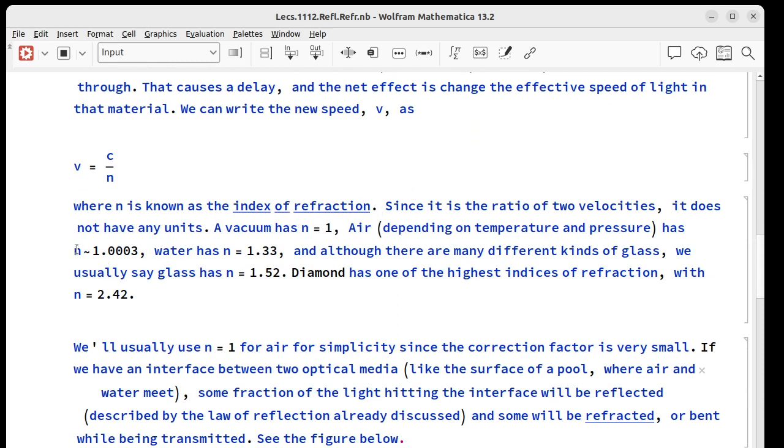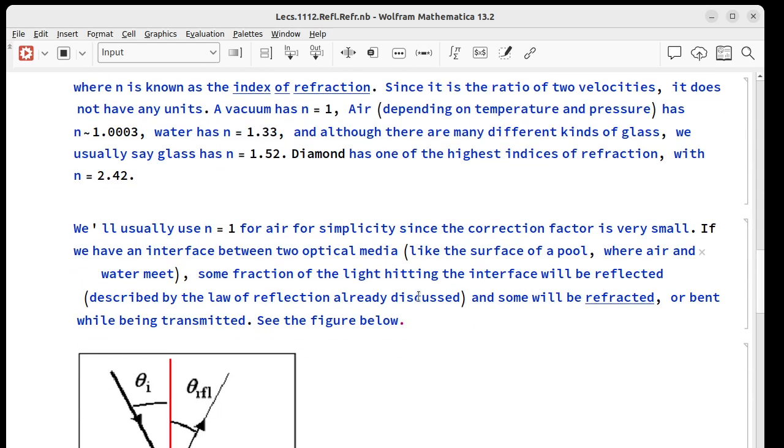Because air and the vacuum are so close to the same value of n, we usually just use 1 for air just for simplicity because it's such a small difference. It's kind of like the way we ignore air resistance a lot in Physics 1. If we have an interface between two optical media, like let's say we're talking about the surface of a pool